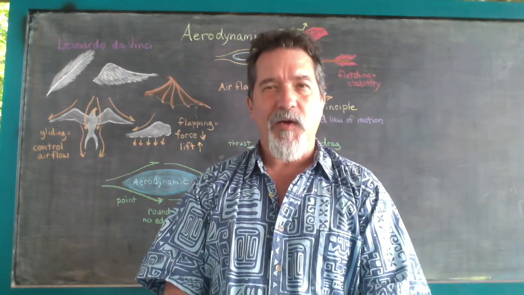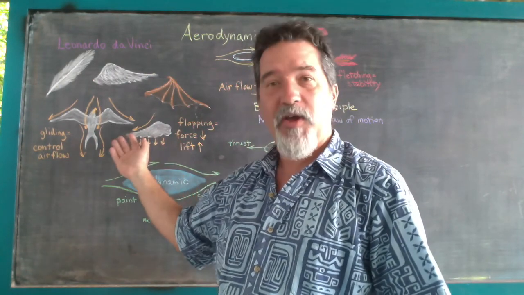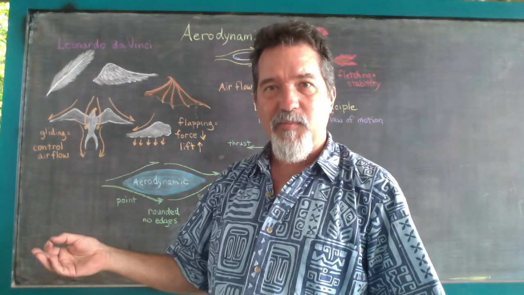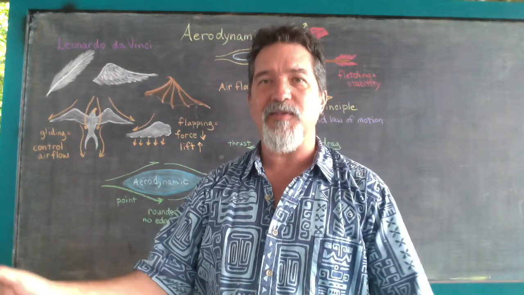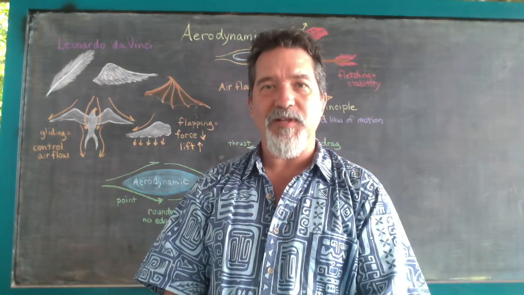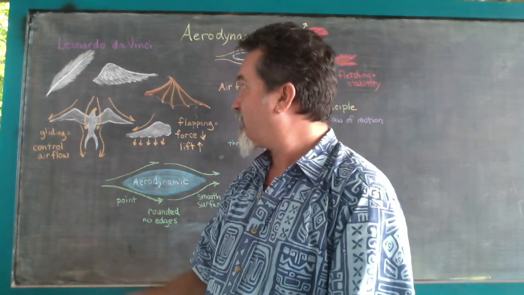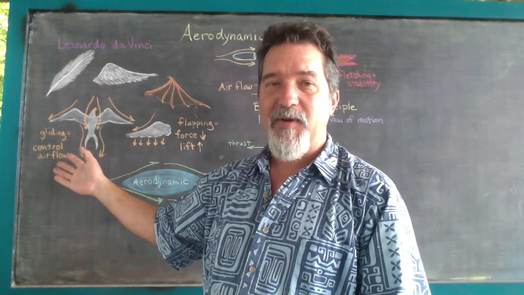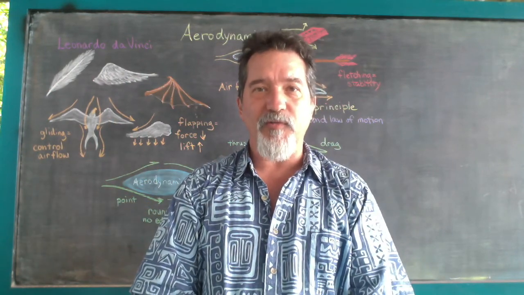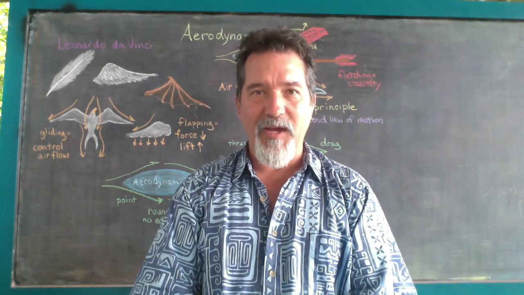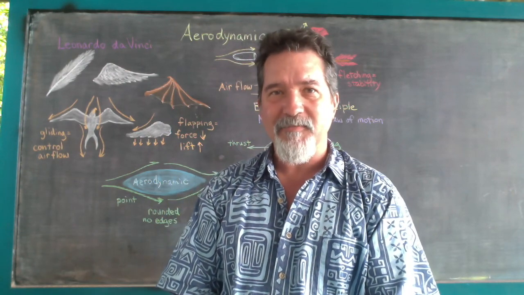So flapping ultimately has to have a certain amount of balance of surface area of the wing, lightness of the bird, and of course the ability of the bird to have the strength and the structure to flap hard enough to lift itself off the ground. Now once a bird is flying, then the aerodynamics shift. The aerodynamics of a gliding bird have to do with the way, of course, that the air is going to flow over and under the wing. And we'll talk about that in a moment because that's the key of aerodynamics.